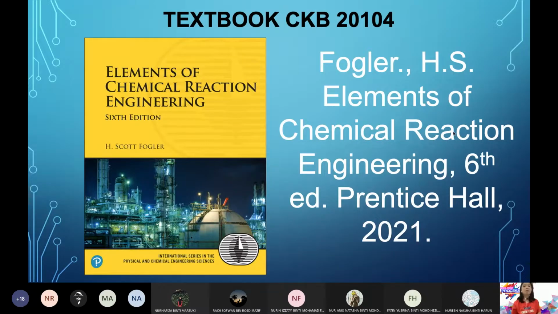Okay, so the last part, not for today, for this intro is on the reference book. Okay, so for the reference book, for reaction engineering, okay, not only in Malaysia, in the world as well. If you're talking about reaction engineering, kamu kena faham reaction engineering. I can assure you, kamu check syllabus of any university in the world. If they teach chemical engineering, dia akan ada reaction engineering. For sure, kalau course chemical engineering tak ada reaction kan, course tu confirm bukan chemical engineering. Chemical engineering core dia mesti reaction.